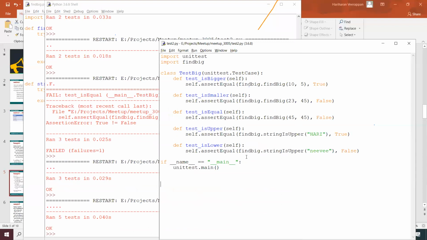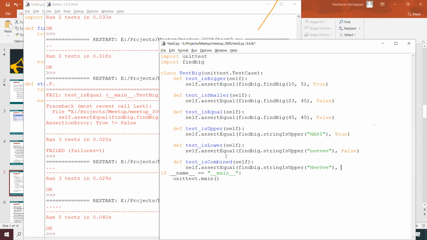For example, we can check a combined one. Def test_is_combined of self, and maybe self.assertEqual, then findbig.string_is_upper with mixed information.